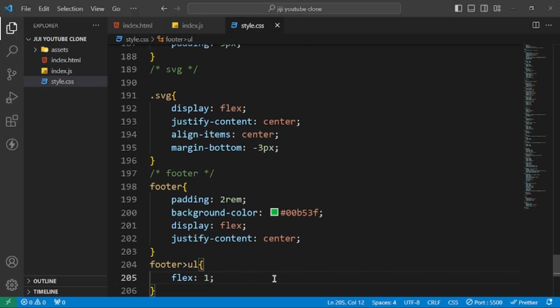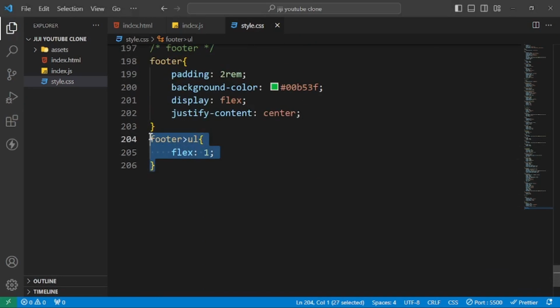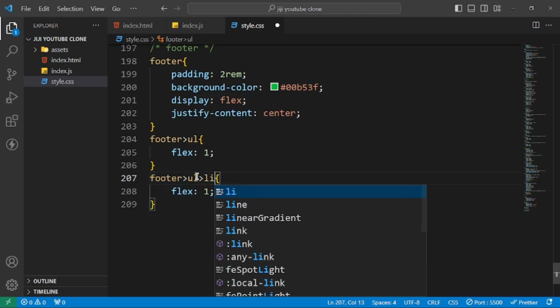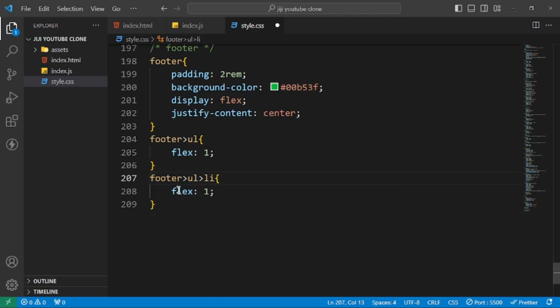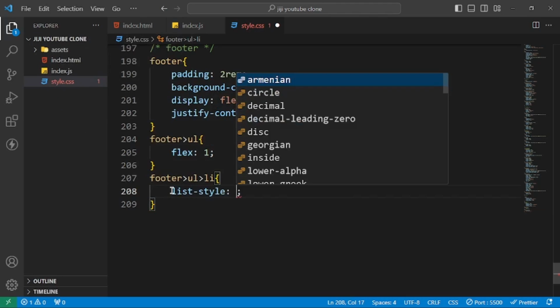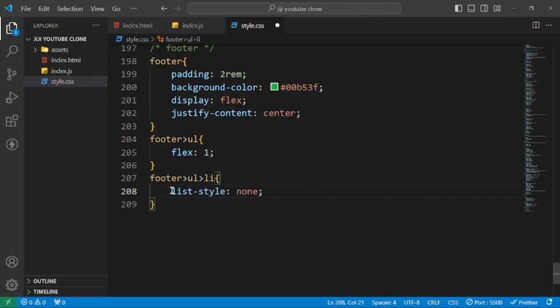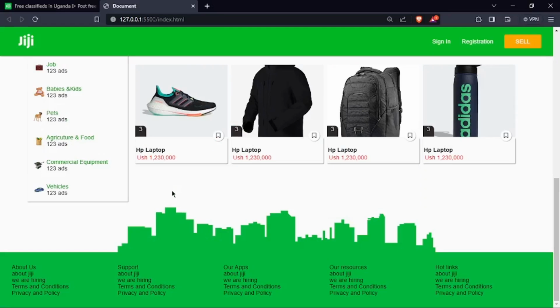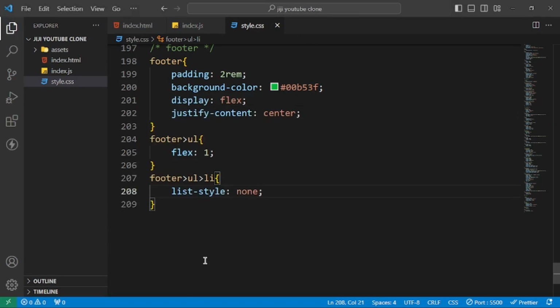So from there I want to take all those dots you're seeing in the browser, in the UL, in the LIs. I'm going to say LIs, and then the first thing is to remove all the list style. So I'm going to say list style to none. So if you don't know list style, you see this, those dots, it has taken them all already. So those are the list styles, and you'll just remove all those dots out